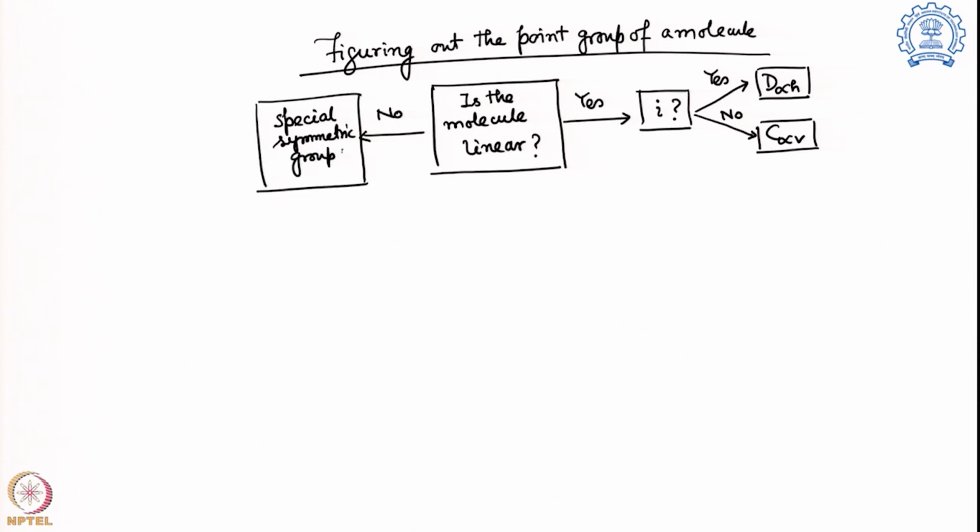By special symmetric group, I mean tetrahedral or octahedral, the most common ones. If the answer is yes, just looking into the structure we can figure out whether it is tetrahedral or octahedral. So, from there I can figure out the point group of the molecule. If the answer is no,